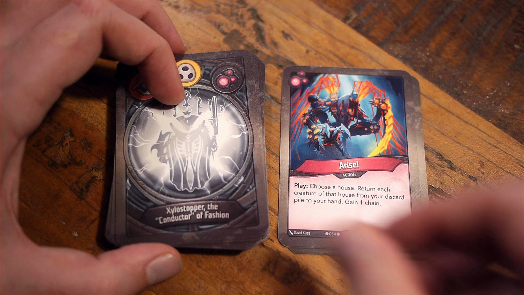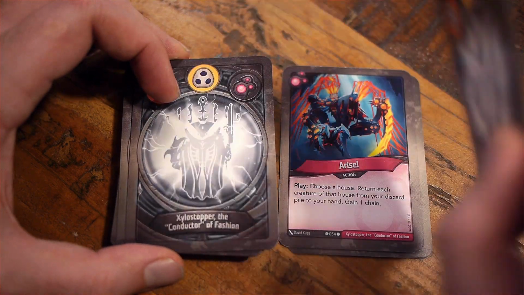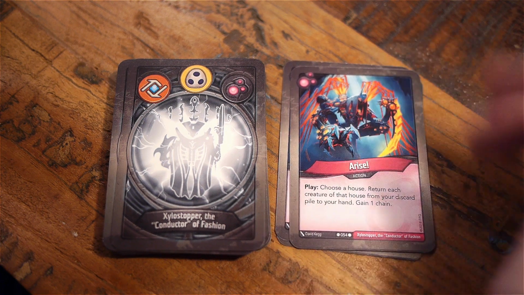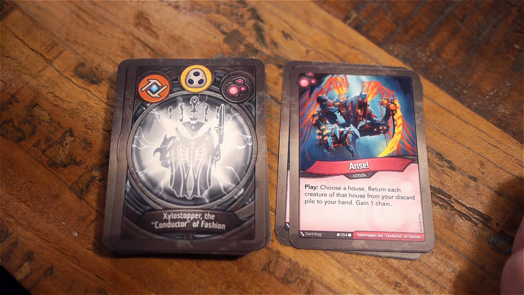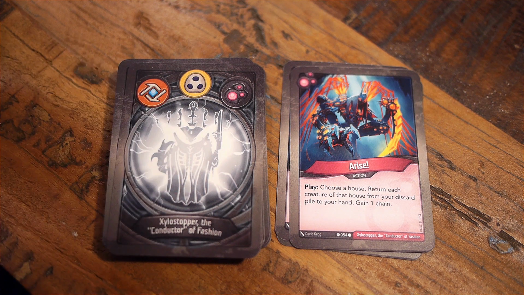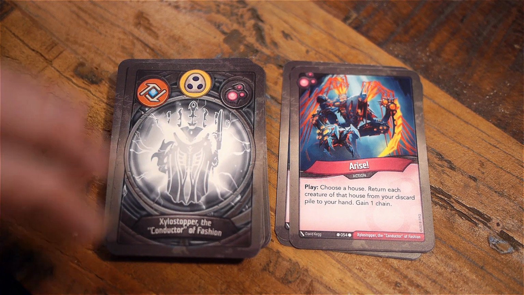Right, so next we have Arise, and there's actually multiple Arise in this deck, so that's really exciting. Arise is a very strong card. It says play: choose a house, return each creature of that house from your discard pile to your hand, gain 1 chain. Off the bat, the gain 1 chain didn't feel very punishing to me. And being able to return a lot of creatures into your hand is really, really strong. Obviously, you want to maybe do it with this creature so you can play them immediately,